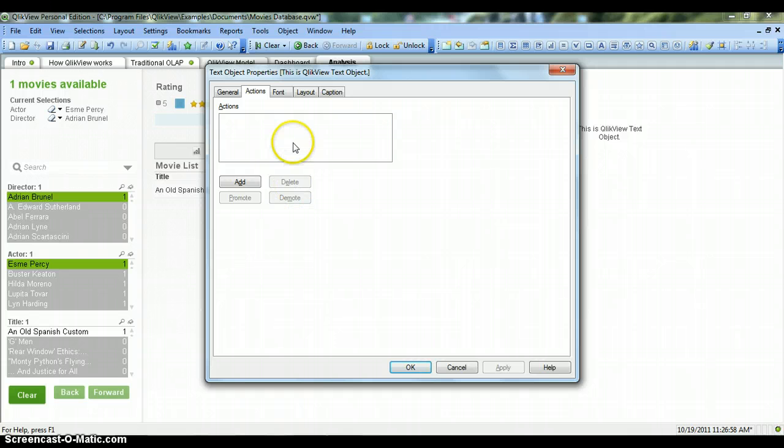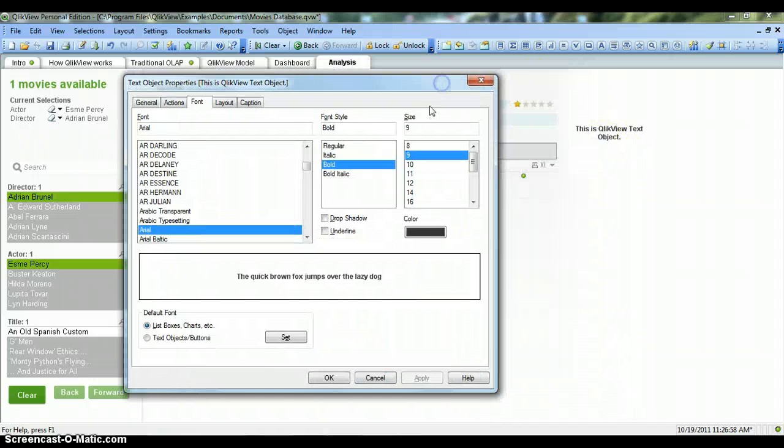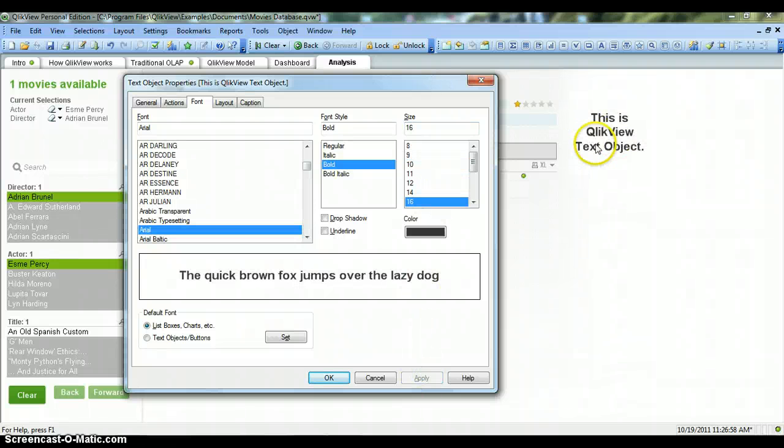and let's move on to the next property, font. So font is very simple and straightforward. You just want to change the font of this text. Say for example you want to make it bold, apply, and it is bold for you. You want to change font size, it is done. So font is simple. So we will move ahead and click on the layout,